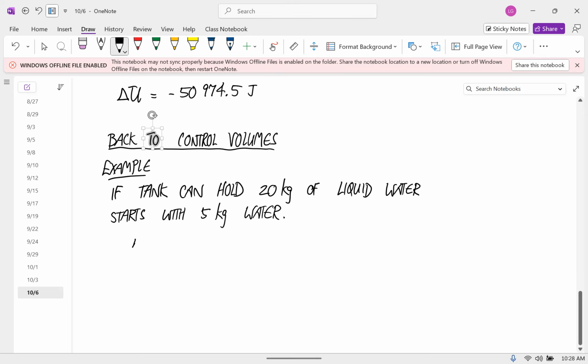If the mass flow rate, the rate that liquid water flows into the tank, is 2 kilograms per second, and the rate that it flows out of the tank is 1.5 kilograms per second,